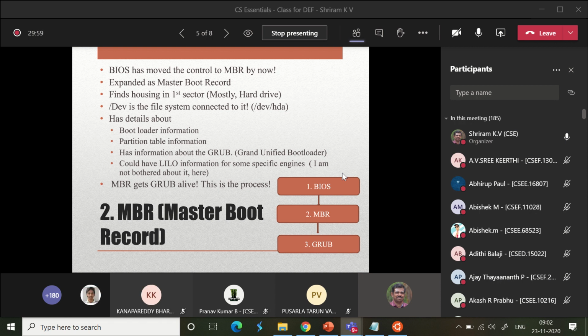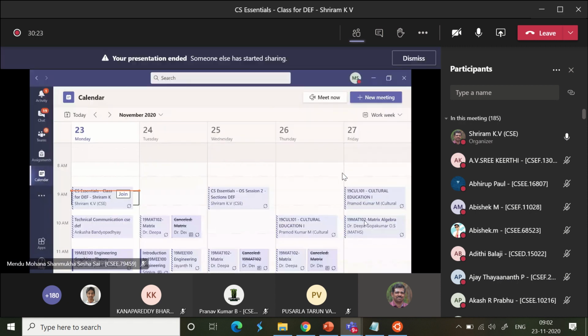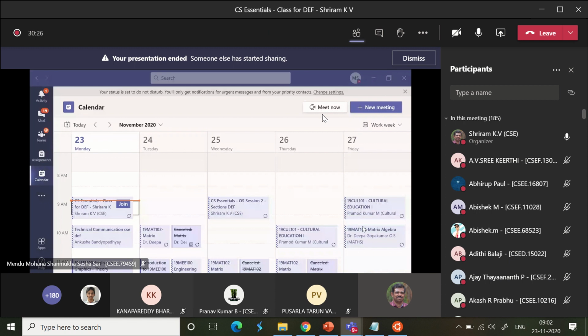What is master boot record, sir? The name suggests it. The entire package has where the bootloader is available, what are all the partitions that are to be available, C drive, D drive, partition information, and the most important point is GRUB. GRUB is Grand Unified Bootloader. What do you mean by that, sir? I'll tell you this way. When you are having multiple operating systems available with you,